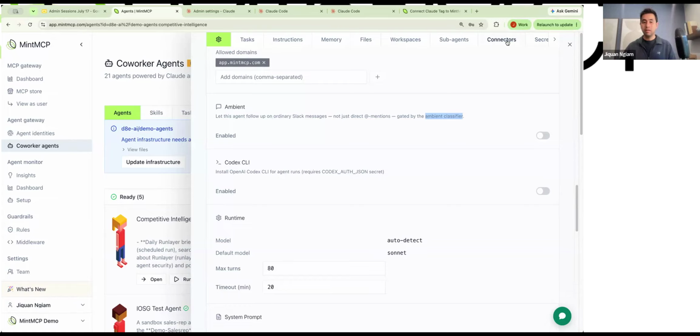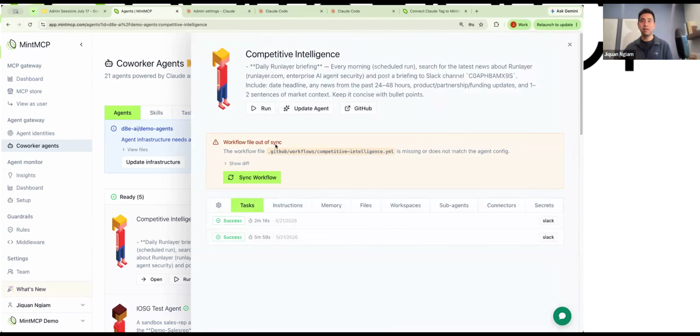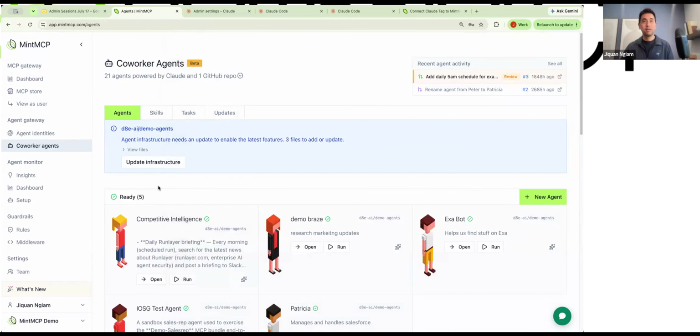Right. So let's see, good question there. Jaren's asking, does this listen in the thread or channel? Right now, this only listens on the threads it is tagged in. And then maybe the one design decision that we have made on the Mint side for the Coworker agents is that every thread that an agent is in corresponds to a different session. So rather than have the sessions be something that's a bit unpredictable, we want every thread to have its own session that starts and ends, and it will be picking up all the details of all the changes in your setup, if there's any, right away immediately.